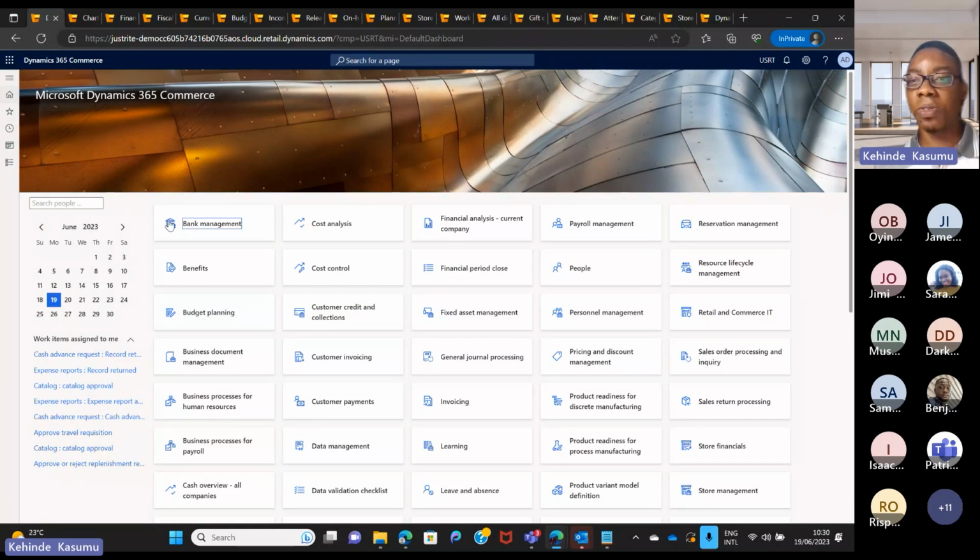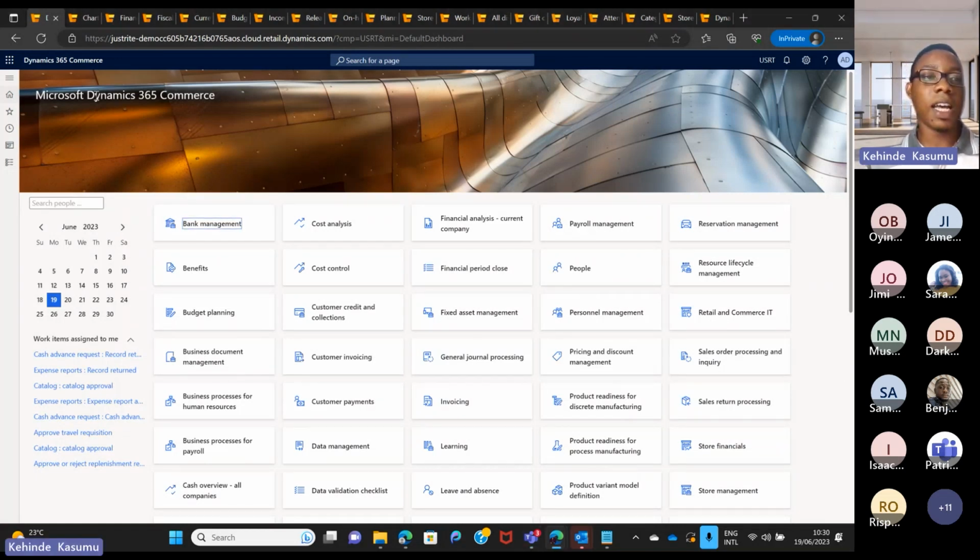One thing I would like to start with is to tell you that Dynamics 365 Commerce has three panels. You have the physical store, you have the online store, and you have the call center as well. But in integrating these three channels together, you need a back office application which enables administrators to do things like configurations, creating inventory, creating master data like your customers, your products, and all of that. So this is the back office application, as we can see.